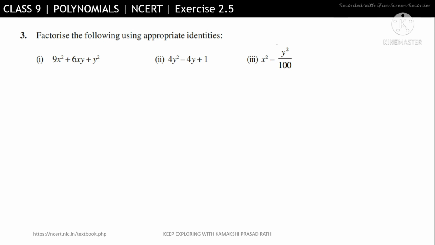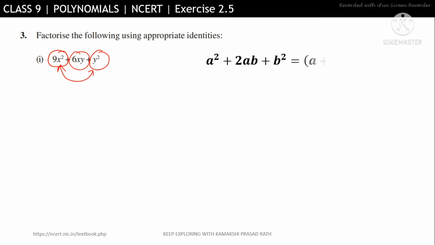Next, now here we have factorization. Already I told how to use factorization, just the reverse we have to do and get the answers. So we have the question 9x squared plus 6xy plus y squared. Now the most important thing is to identify which identity we use. Now see here, x squared and y squared. We have two squared terms and one middle term. Only in this case, you can say, two squared terms are there and one linear xy term.